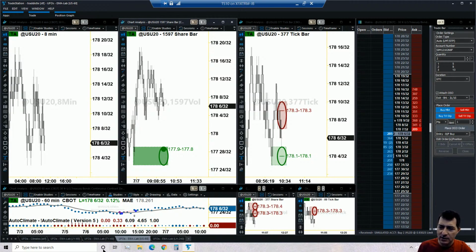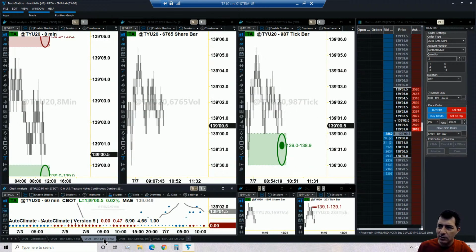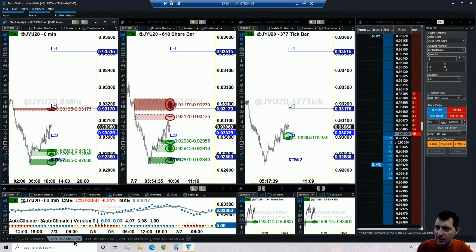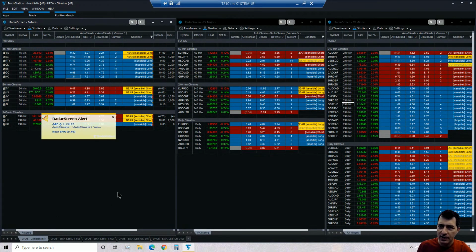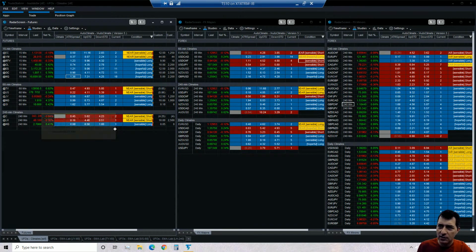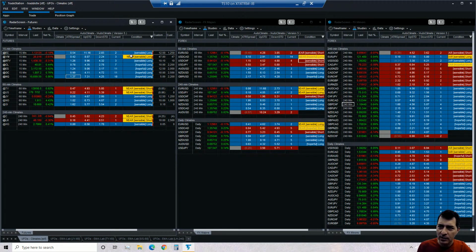Back to the US, nothing new. Back to the TY, nothing new. Back to the Japanese yen, we didn't get filled yet. Price went down just a little bit, 3 ticks down from before, but we still got 7 ticks to go to get a fill. Okay, so Mr. Yen, please be kind to us. We just got a few updates there going on. So the Euro contract is now giving us an alert.